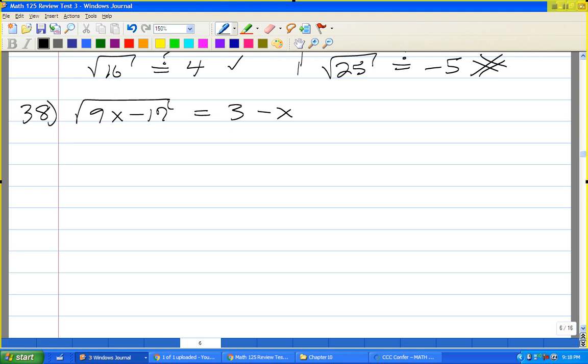I've isolated the radical on one side of my equation. Let me square both sides of my equation. The square will get rid of the square root, and I'll have to use a special product formula for the second part. So the square gets rid of the square root, so I get just 9x minus 17